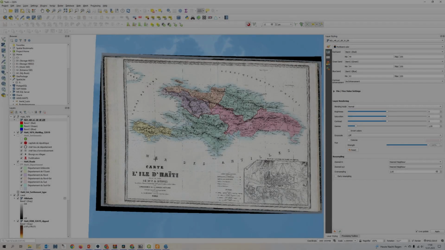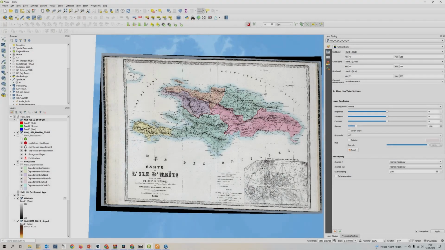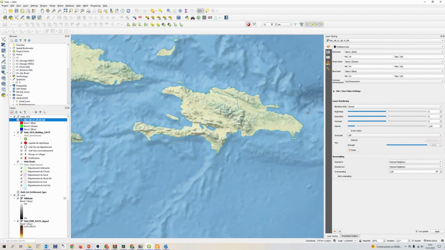After our historic map is now in the right position in the world, we can proceed with digitizing it and transforming it to a digital version. There are several possibilities we have now. The easiest one would be to simply have the OpenStreetMap in the background and digitize all the points on top of that. Or we can use a freely available